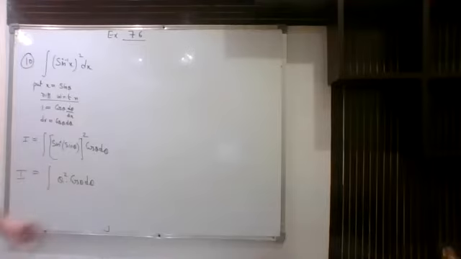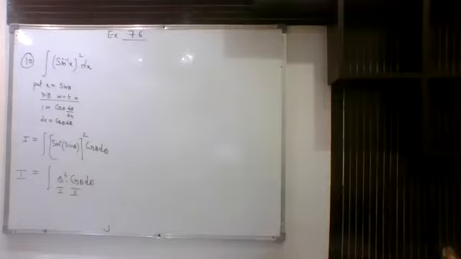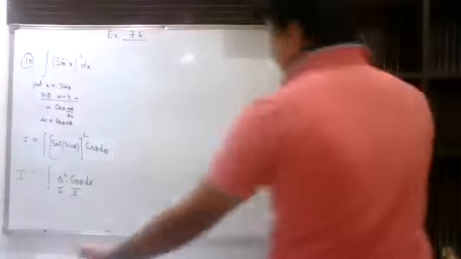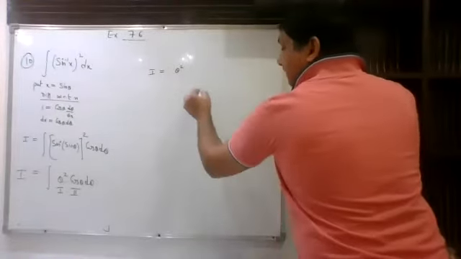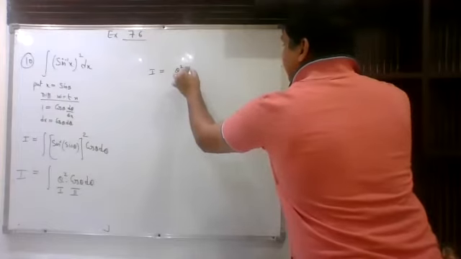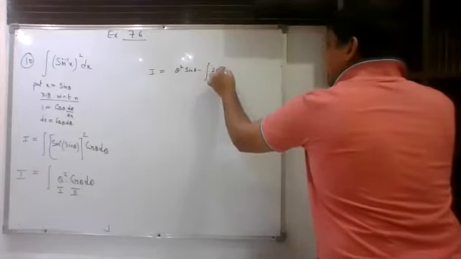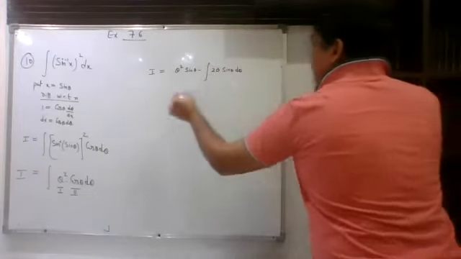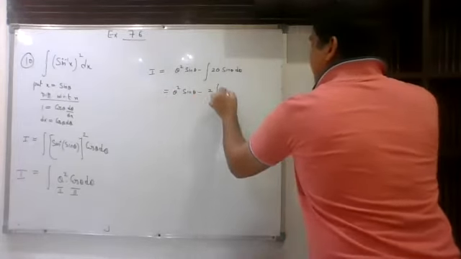This is algebraic and this is trigonometric. So we will take this as first function and we will take this as second function. Now let us apply integration by parts. So when you apply integration by parts, this is what you will get. First function as it is, integration of cos theta is simply sine theta minus derivative of theta square with respect to theta will be 2 theta sine theta d theta. So this is what you will get after applying that by parts.